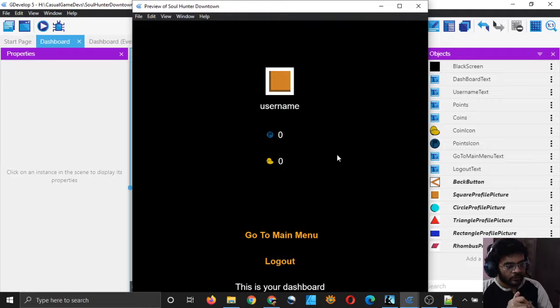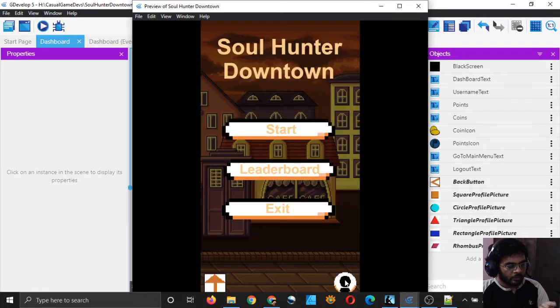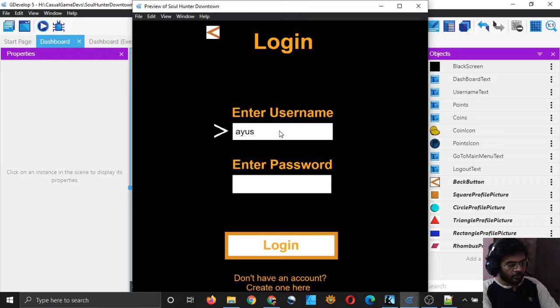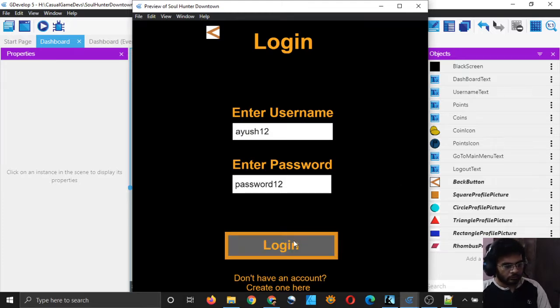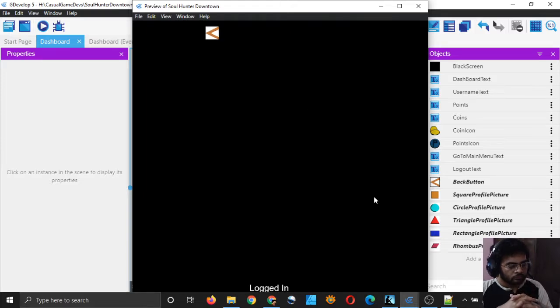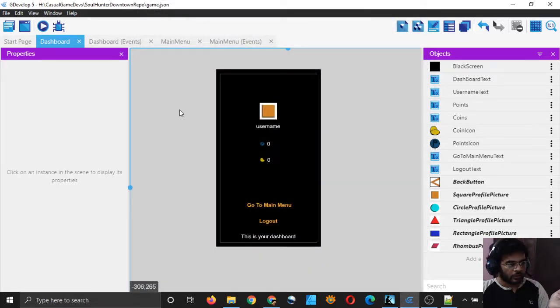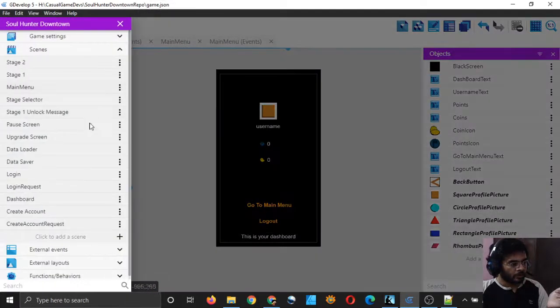It shows, but if I go to the main menu and log in again, I may not be able to go back to the dashboard. Logged in, okay, and the dashboard should display now, but it's not displaying.